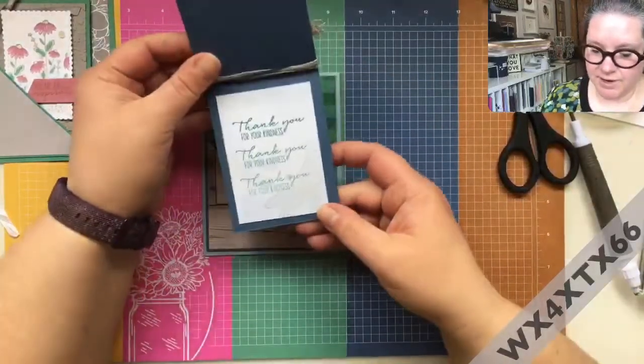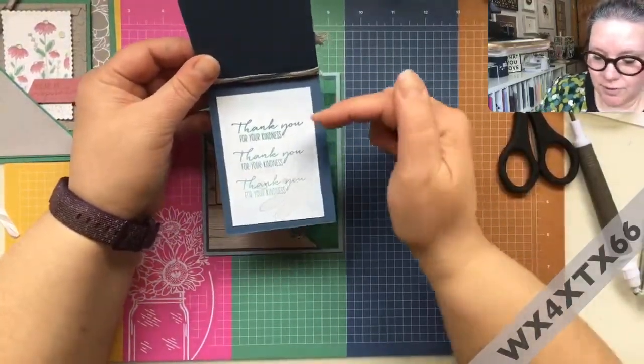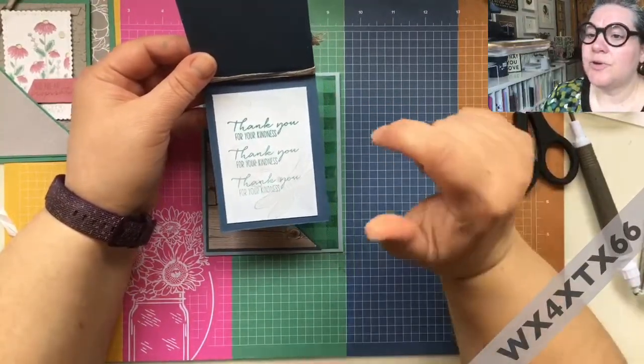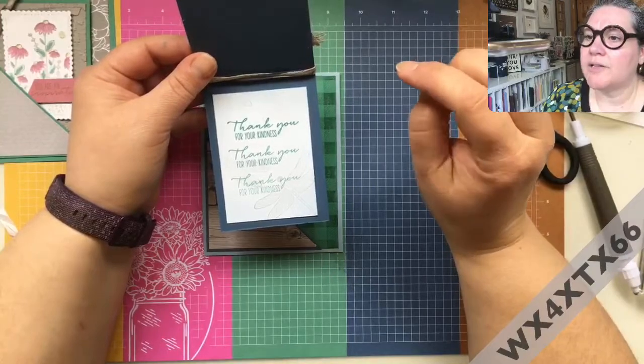So then this is what I was talking about before. So I just stamped the dragonflies in the background. Could you just put the back of the card in the pocket so the front...